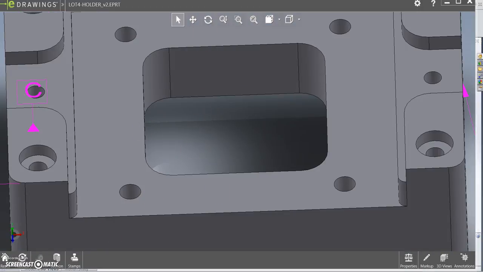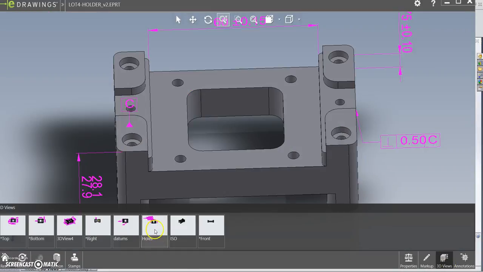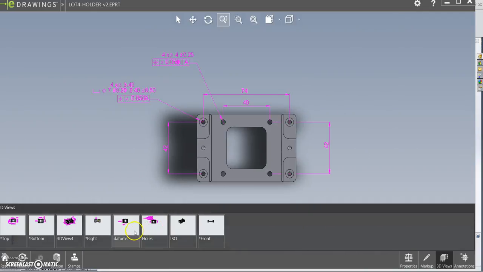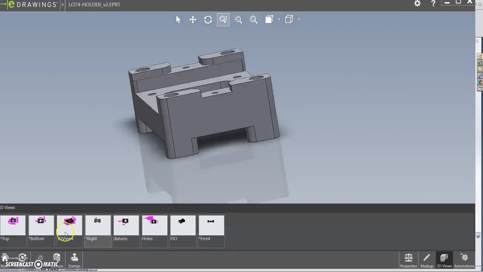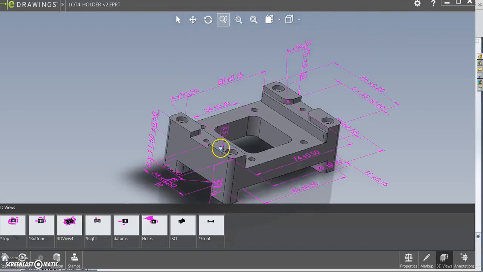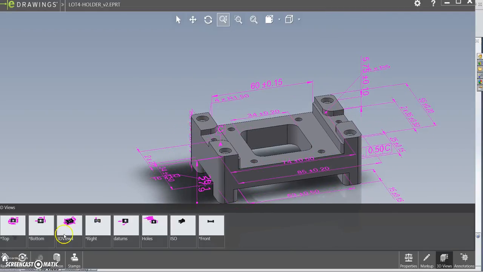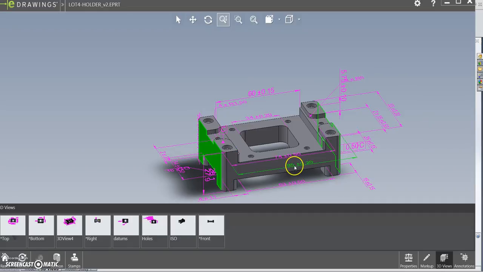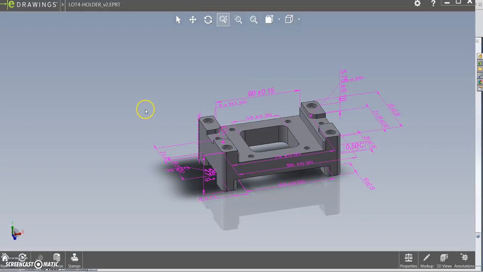And here's our part. Our 3D views are all lined up down the bottom. So obviously you can get any dimension you need and even rotate around your part in your e-drawings. When I select a dimension, it highlights the area that's dimensioned. If you're unsure what's going to where, just select on the dimension and it will highlight whatever the dimension is